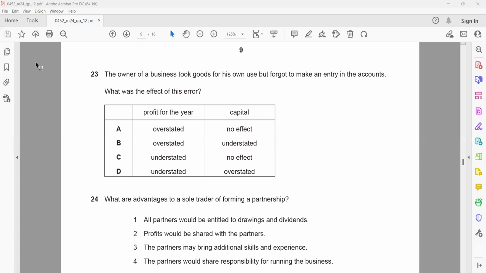(23) The owner of a business took goods for his own use but forgot to make any entry. So this business took goods. That means debit drawings, and credit purchases. So this is a standard double entry. But he forgot to do it. So what is the effect of this error? So when we didn't do these, purchases